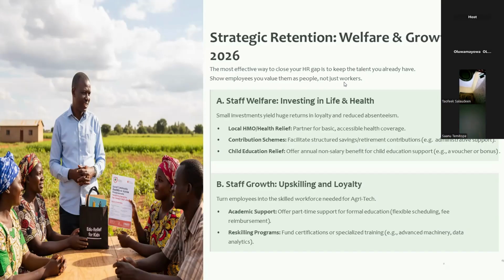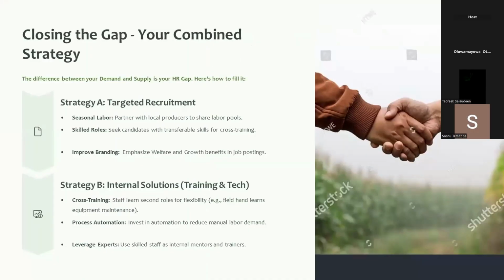So these are some of the strategic retention measures that I put in place. There are others. We can also browse and look for others that work well for you. But I think these ones are just enough, or are minimal, and they're affordable. We can pick one from A, pick one from B, put it in place and see how it works out with your retention. All right, now